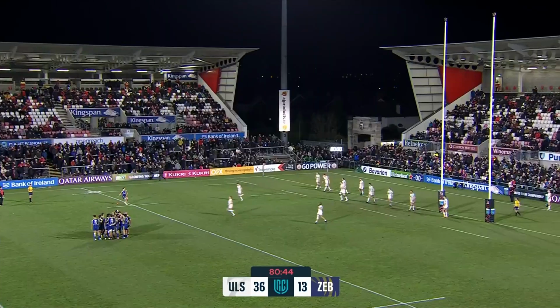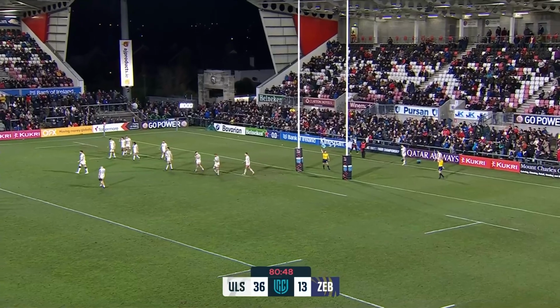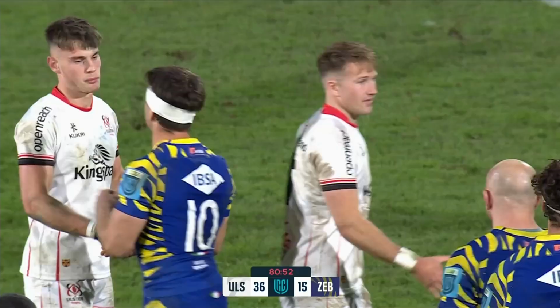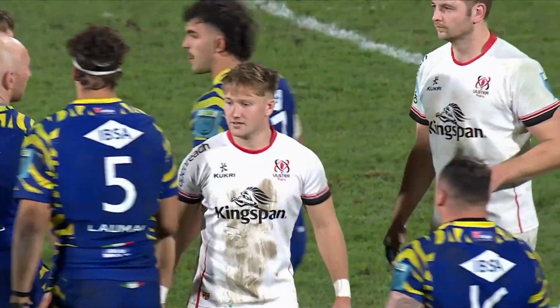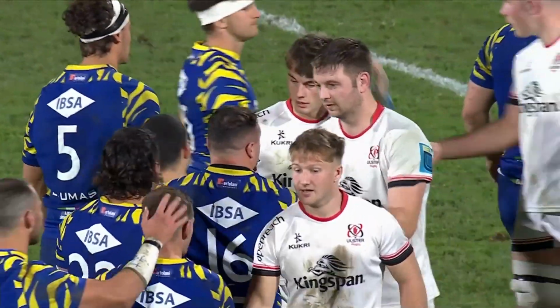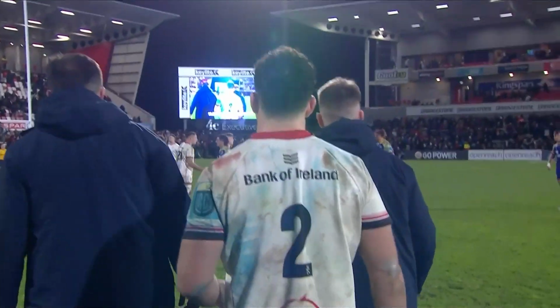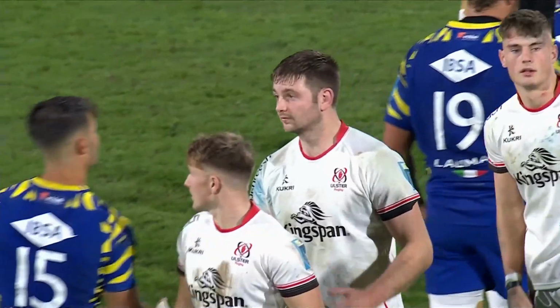Here's Geronimo Friscantelli, right-footed kick for the conversion, and that's a belter. Really is a lovely kick. And that's the end of the game. Tom Stewart is the man of the match, and the Zebre have got a try in each half to bookend. Not a bad and pretty gutsy performance from them, but great to see Ian Henderson back in the field, made his presence felt. And Ulster have got plenty of men in reserve, and it'll be an entirely different 15 who will take the field